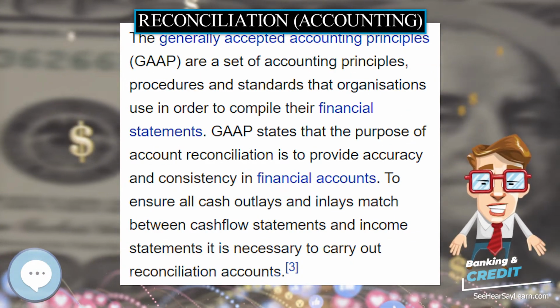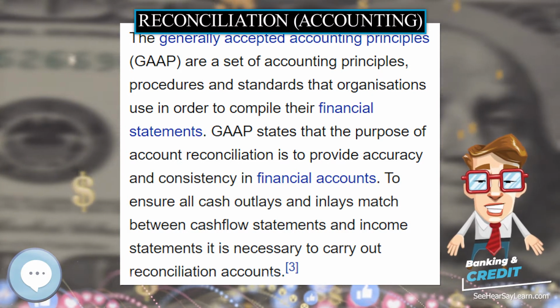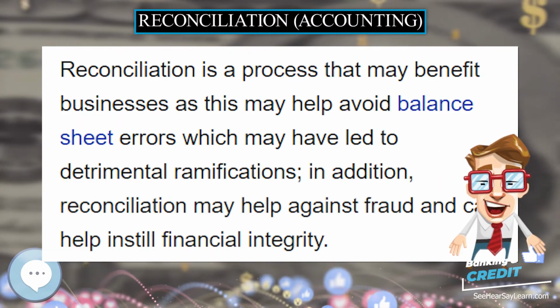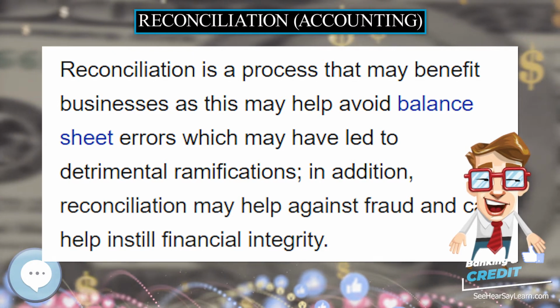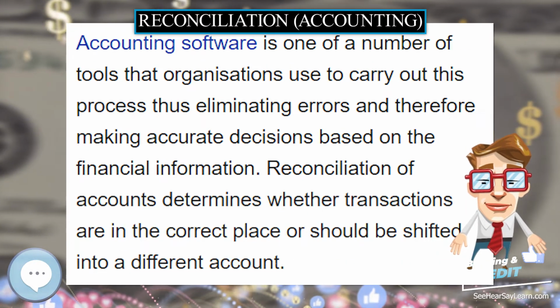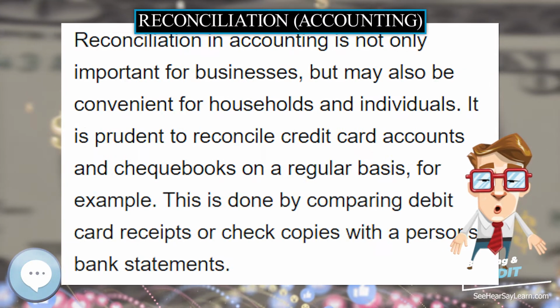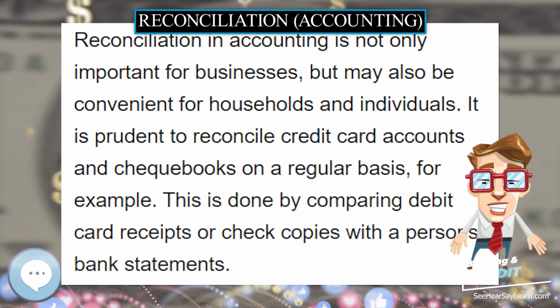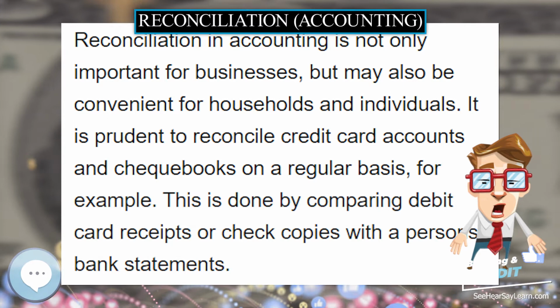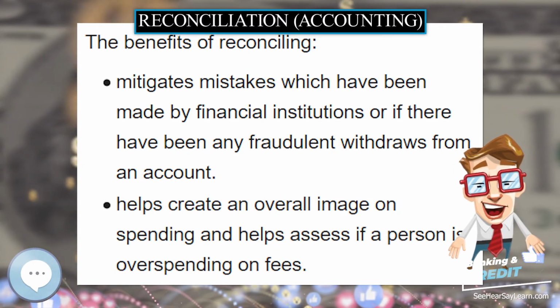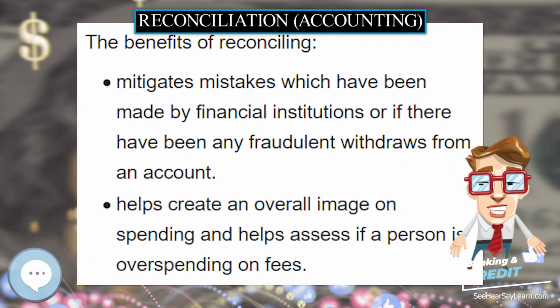A robust reconciliation process improves the accuracy of the financial reporting function and allows the finance department to publish financial reports with confidence. There are two ways in which reconciliation can take place. In both cases where mistakes are identified as a result of the reconciliation, adjustments should be undertaken in order for the account balance to match the supporting information.